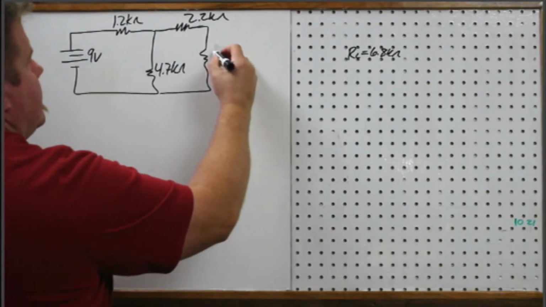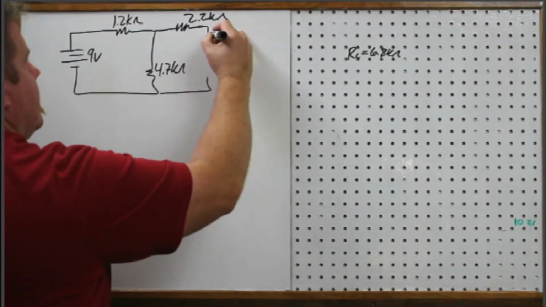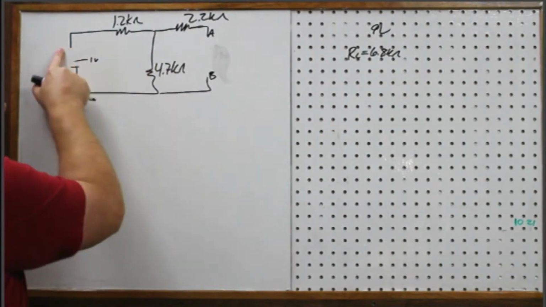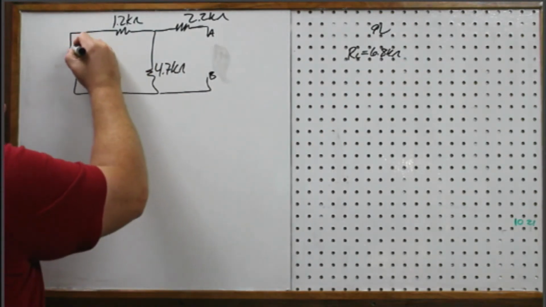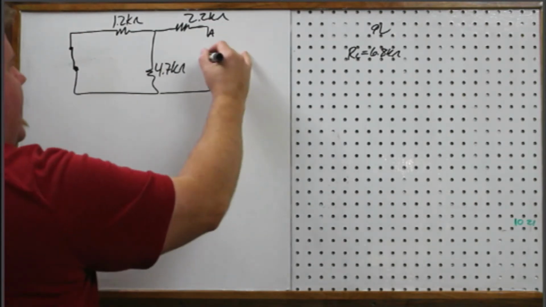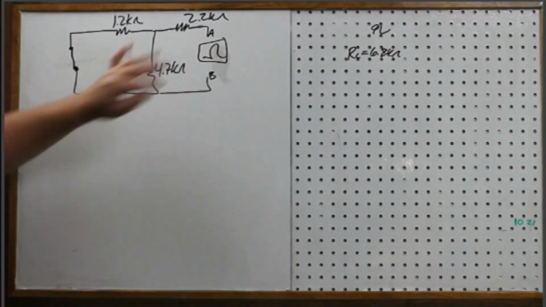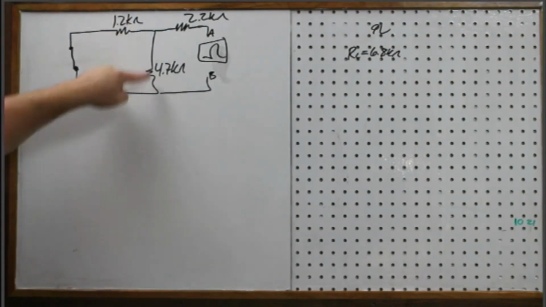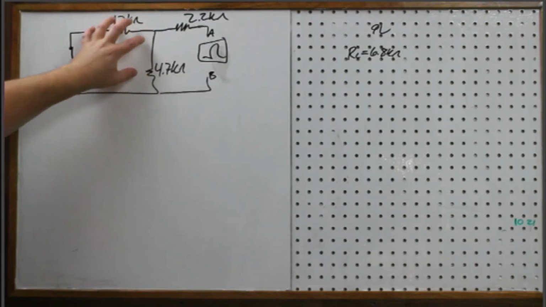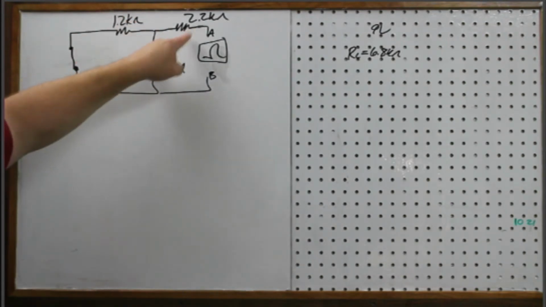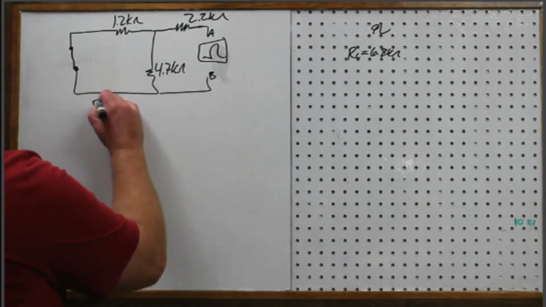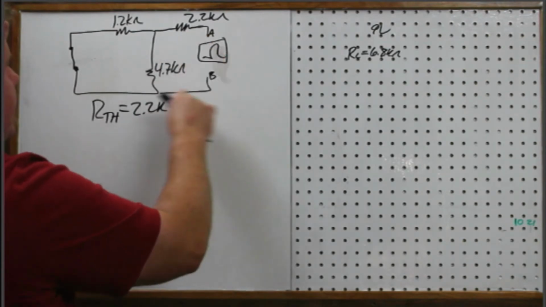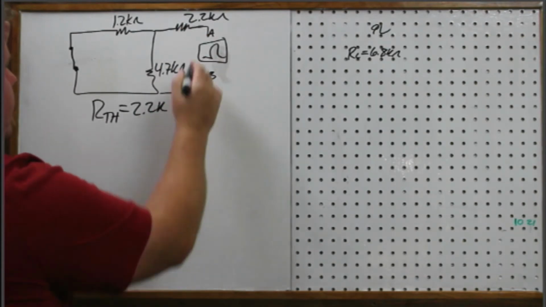Okay, so this is going to be our load resistor, so I take it out, label my terminals. Okay, it's a 9-volt source, so I'm going to short this out, and then, as if I had an ohm meter between terminals A and B, figure out what this total resistance is. Okay? So I can see that this branch over here is in parallel with this branch, so that's a series parallel combination, and then when I add that to 2.2, I'll have the total. So the Thevenin resistance here is 2.2K, because it's in series with the ohm meter here, right, on this side,